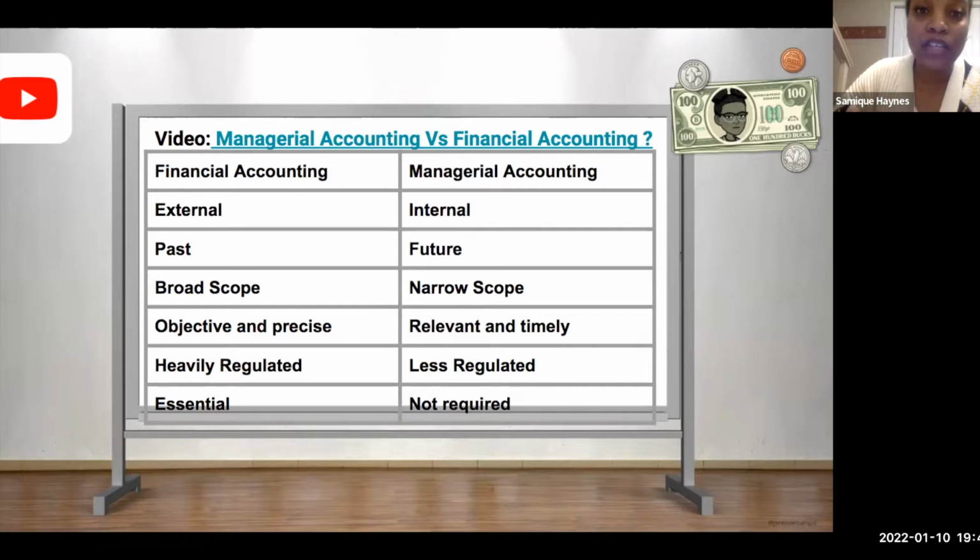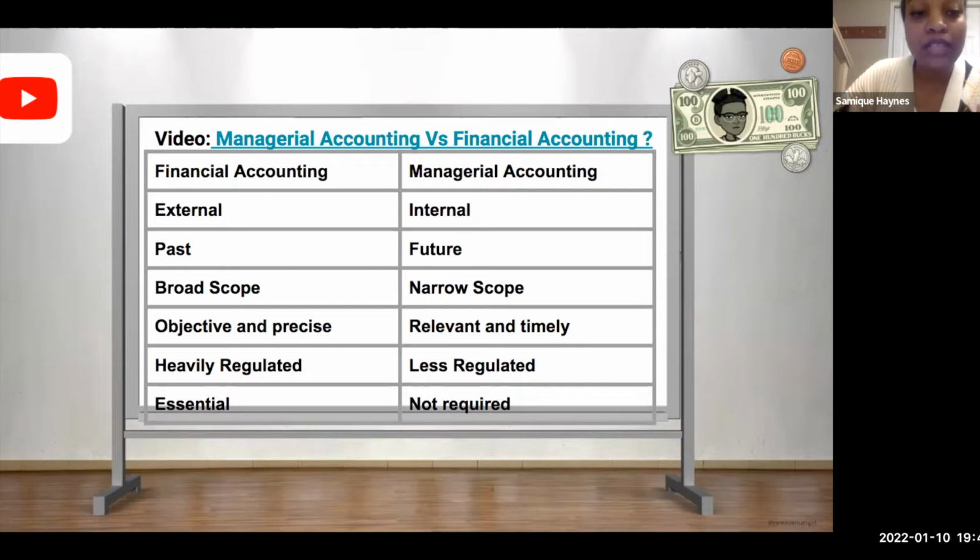Anybody here who wants to buy a house needs a mortgage. If you need a mortgage, the bank is going to ask you to provide your pay stubs. How much money did you make? How much debt do you have? They're going to ask you all of these questions and ask for all of this paperwork in order to decide if they're willing to take the risk. Should we lend that mortgage? So it's the same for financial accounting.